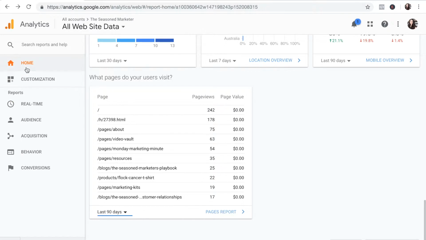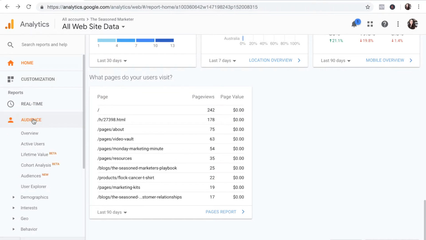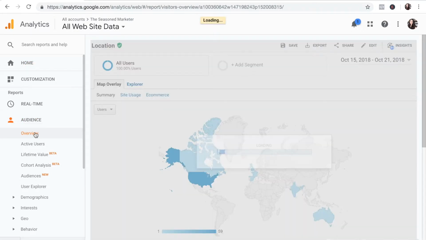All right, let's navigate back to the top of the home page and jump into our 3 categories. The first is what Google Analytics can tell us about the people who come to our website. They like to refer to this as users. The bulk of the information regarding your users can be found under this audience tab right here, so let's click on that. This is where a lot of the generic information is going to be. If you click on overview,